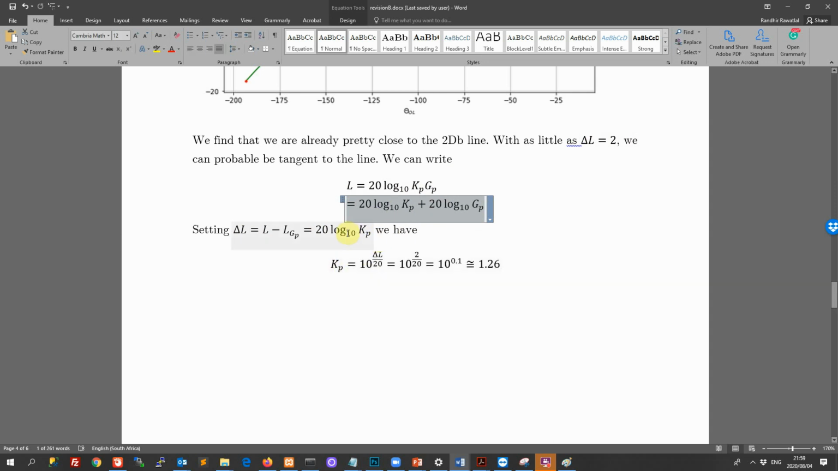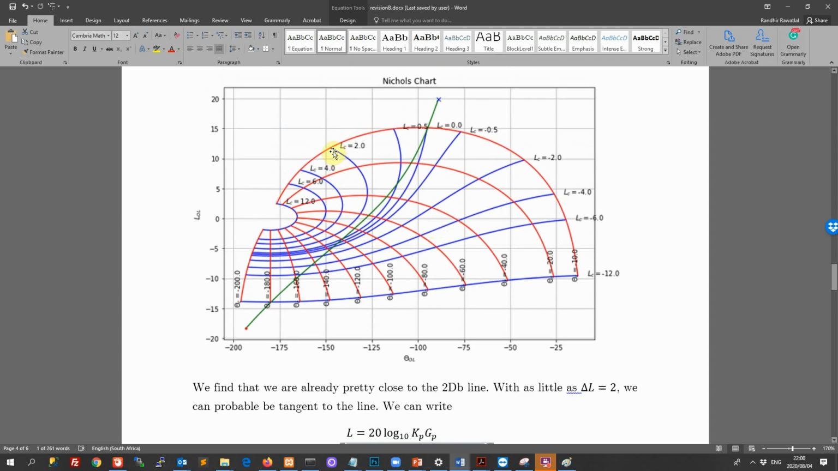So Kp, if you take 10 to the power on both sides, so divide first by 20, so delta L over 20, and then 10 to the power that, that's going to be Kp. And if you work this out, you find Kp equals 1.26. So that's the value of Kp that we can apply, and then our process will be sitting right on Lc equals 2, and then we can say that that process is performing fairly well. It means we will see some slight oscillations, but they'll disappear fairly quickly,